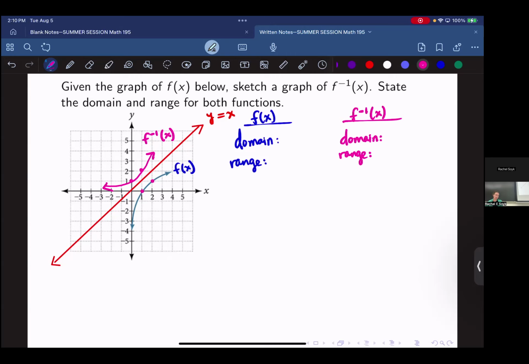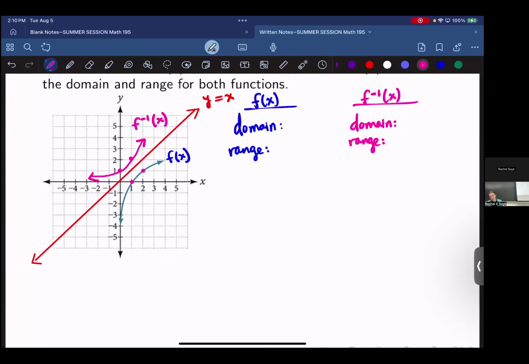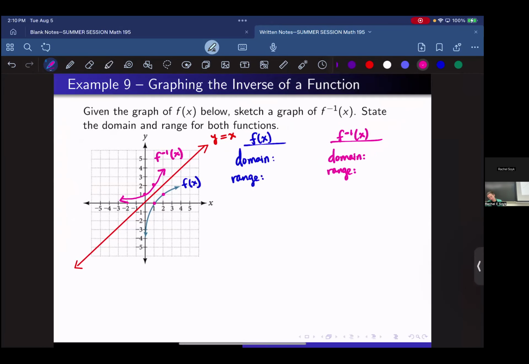All of our possible x values: it doesn't hit 0, but comes quite close. So it's 0 to infinity. And then what about our domain of f inverse? Negative infinity to, yep,